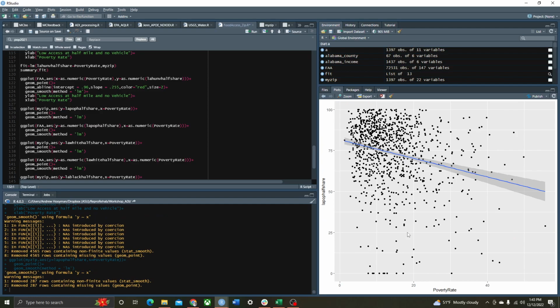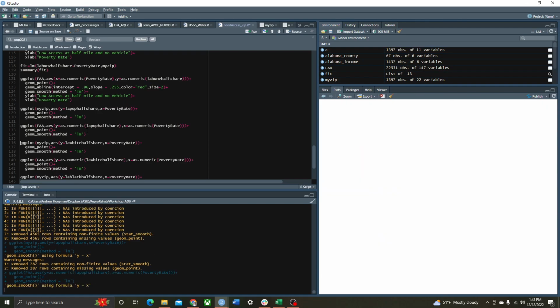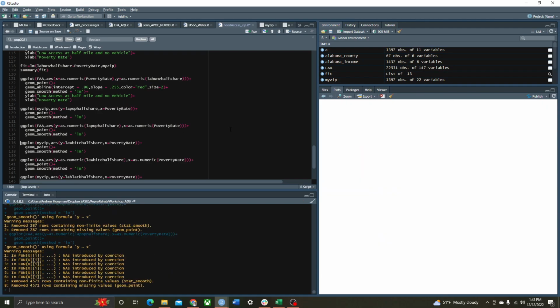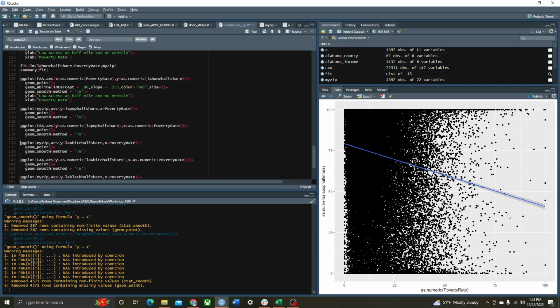And what I can see here is that basically as the poverty rate goes up, the share of people who have that half mile low access mark is lower. And then if I were to look at that again across the entire FAA, and these take a little while to render, I see generally the same thing,